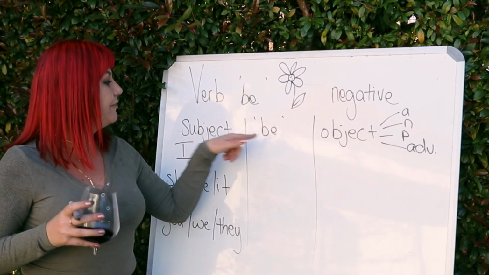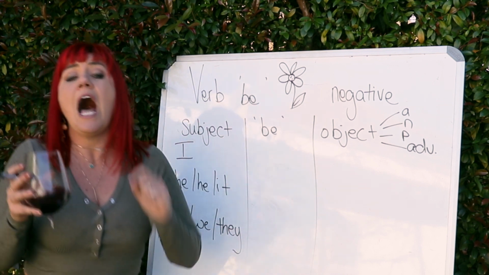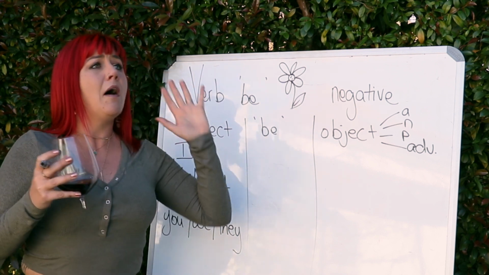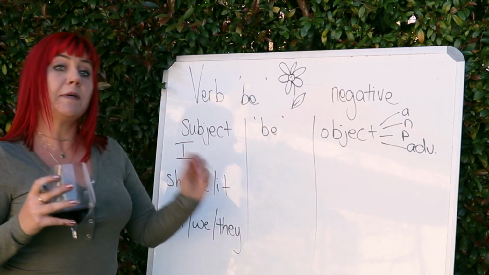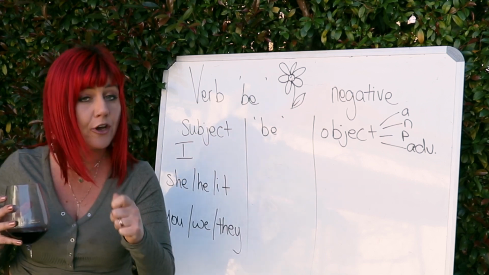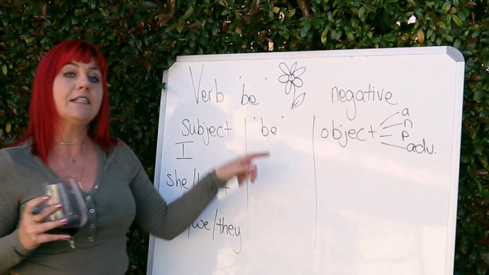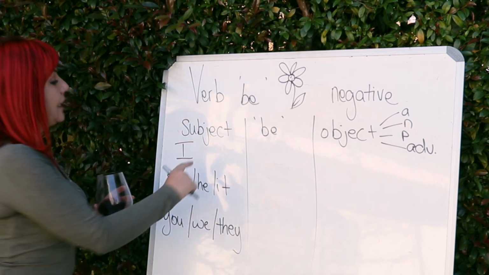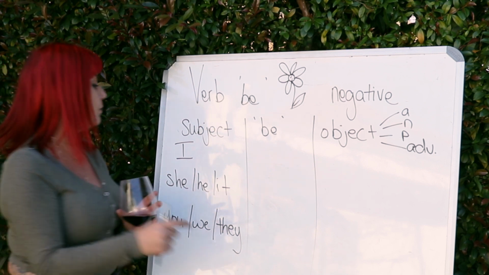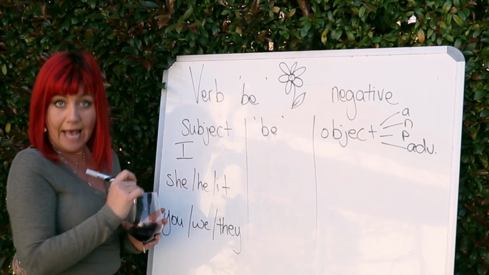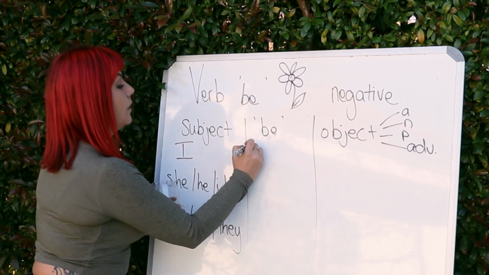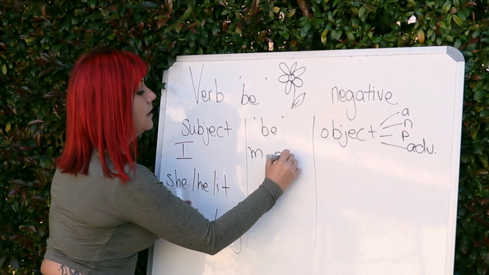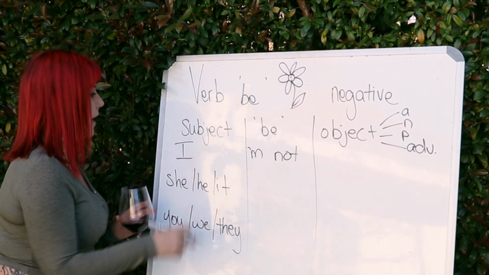Okay, cool, guys. So we're going to look at your verb be in the negative. Now listen, I am the first person to tell you that the verb be is probably one of the most boring things to learn in English, but you have to know it and you need to know how to use it. Now, in the negative, your contractions happen differently, okay? So let's go. Can you remember in the positive for I, it was I am, yeah? Okay, cool. Now, in the negative, we continue with the contraction, but it says I'm not.